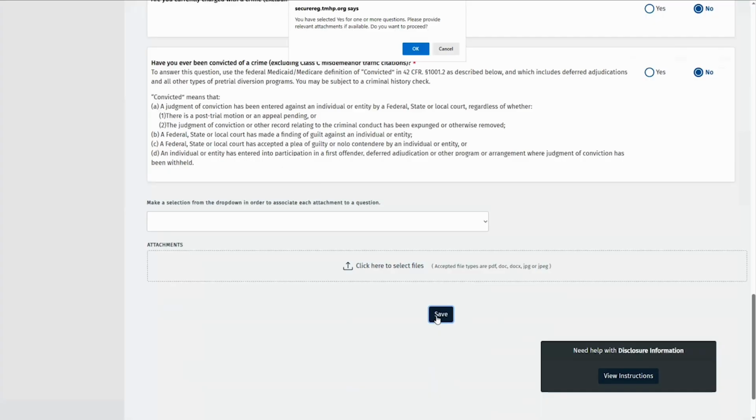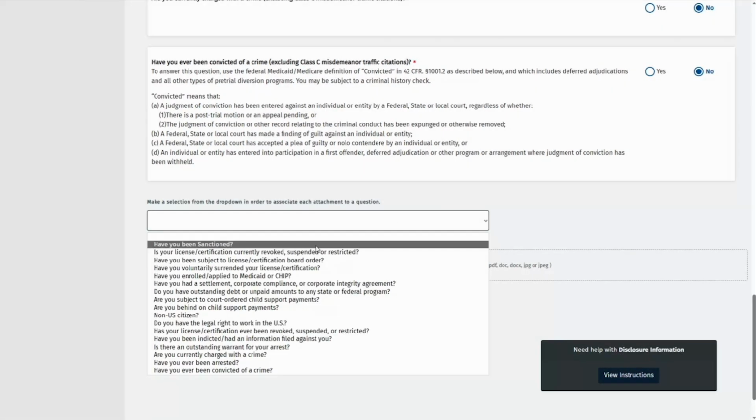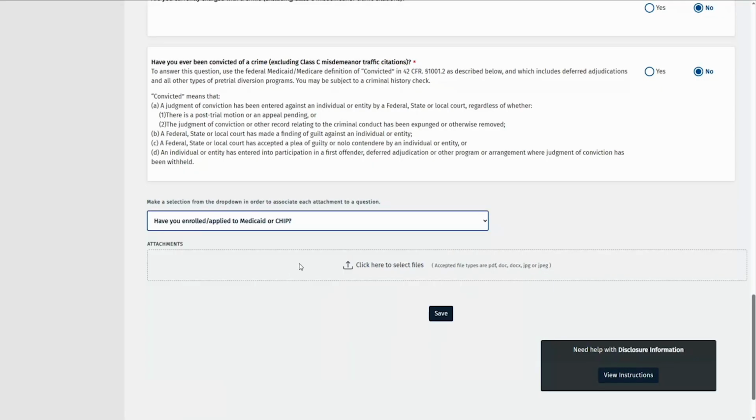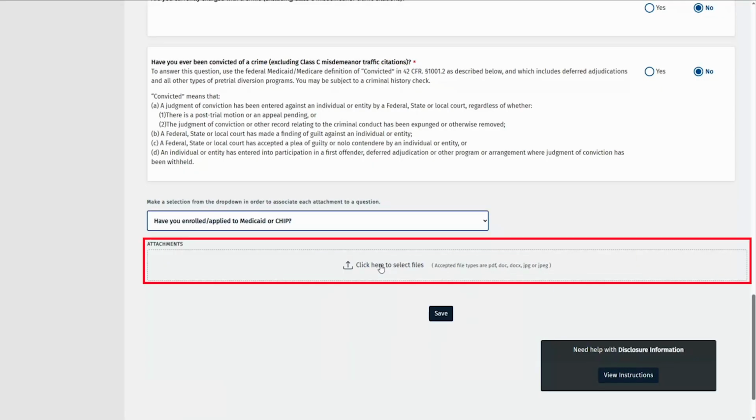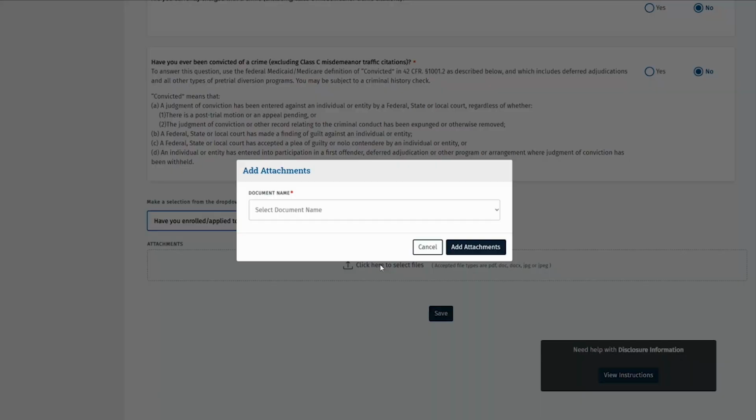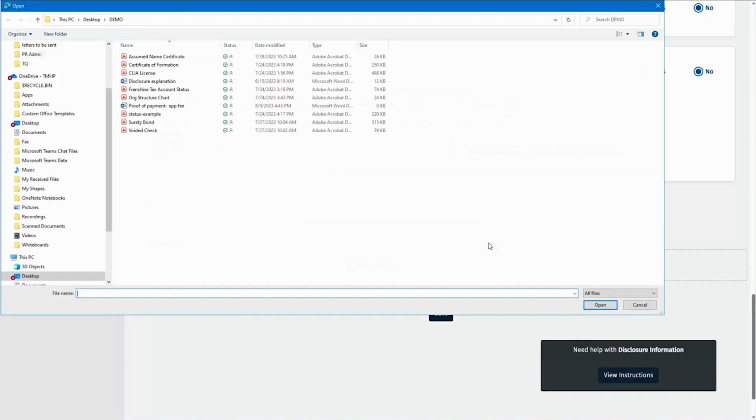If yes was answered to any question, a pop-up box will appear, asking you to upload documents relating to that question. To get started, click OK, and select the appropriate choice from the drop-down in order to associate each attachment to a question. Then click the Click Here to Select Files button at the bottom of the page. This will generate a box with a drop-down menu for the type of document that you want to add. Choose the appropriate selection, click Add Attachments, and then you can select the document that you want to upload from